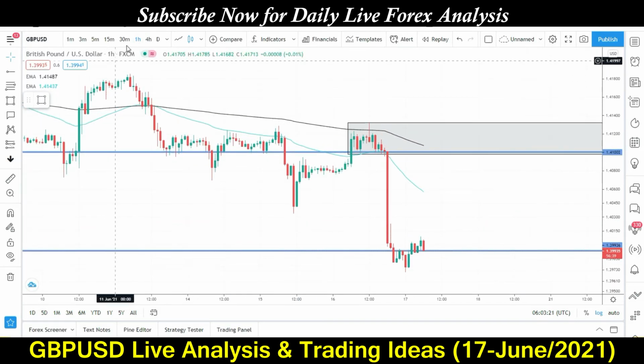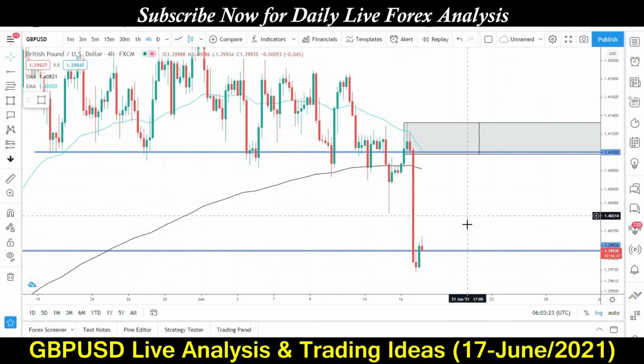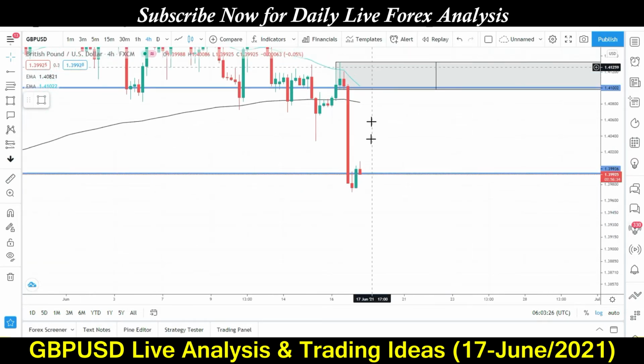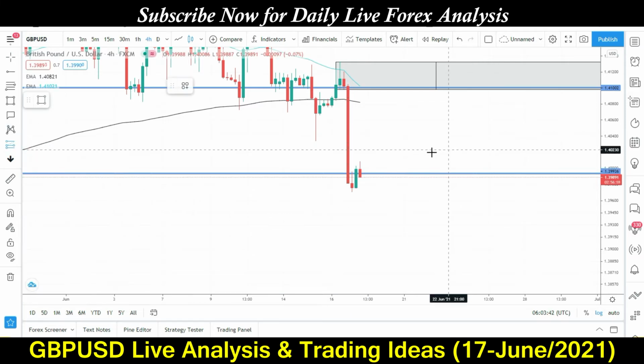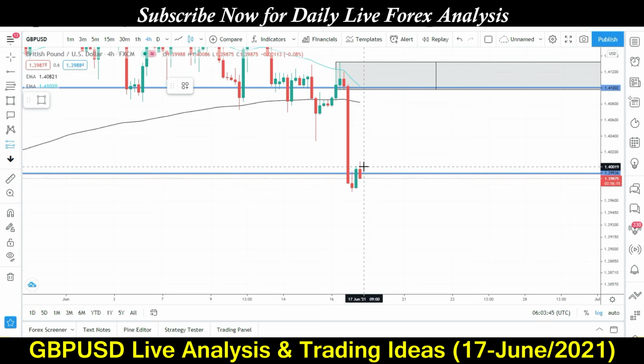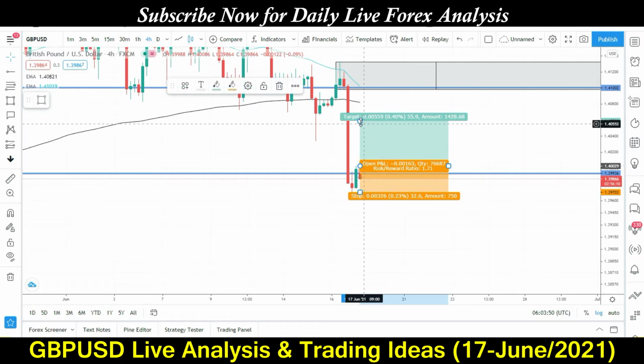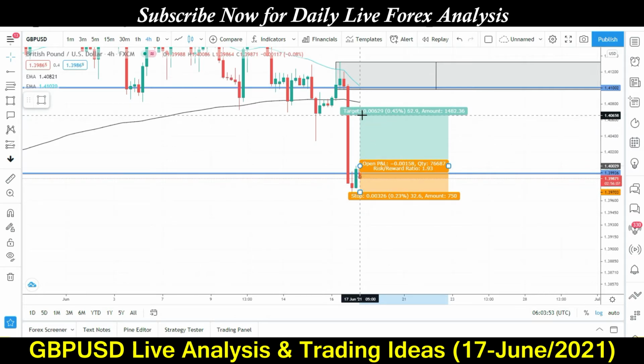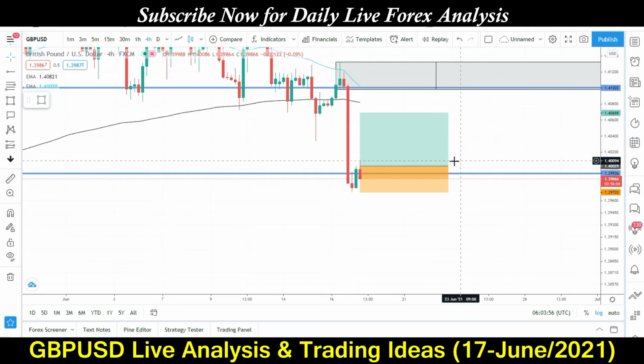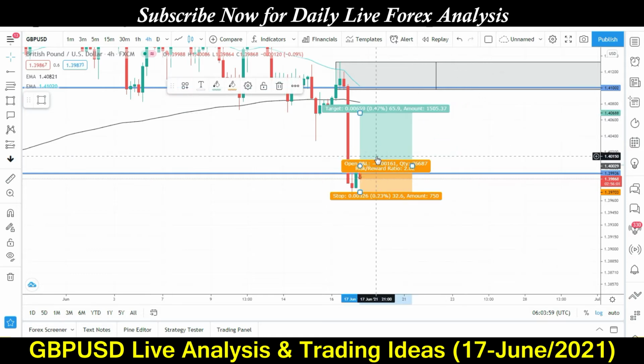On the H4 time frame, I have a buy trade here. If this bearish candle starts breaking the previous candle high, I mean if this bearish candle starts going upward, converting to a bullish candle, then you can open a buy trade almost here. Your SL should be below this level and you can take almost 1-2 risk reward easily. So that will be a nice trade. So this is the live trade.